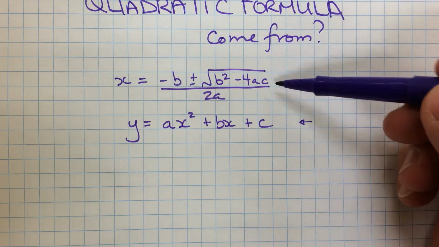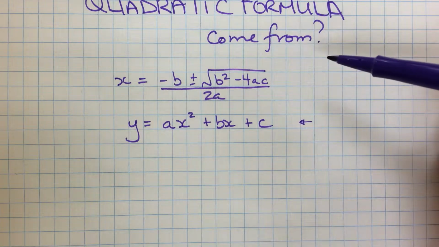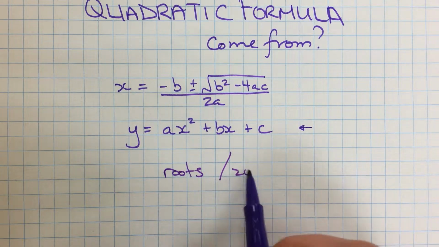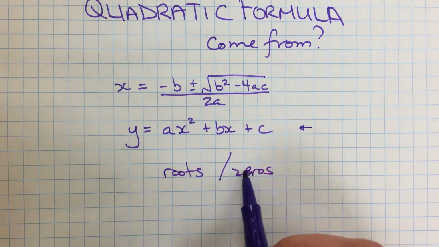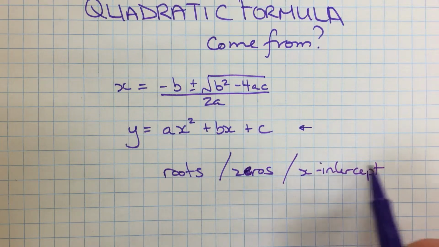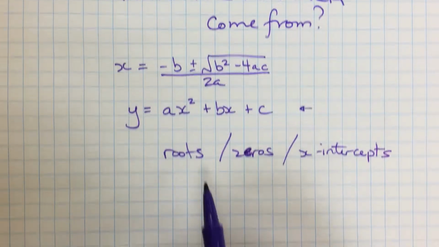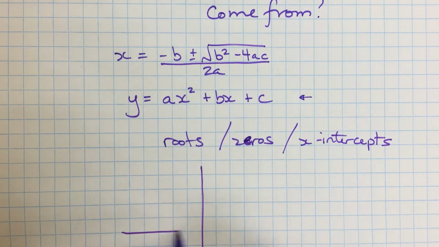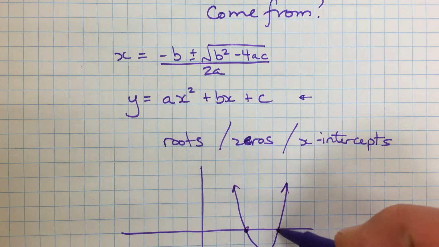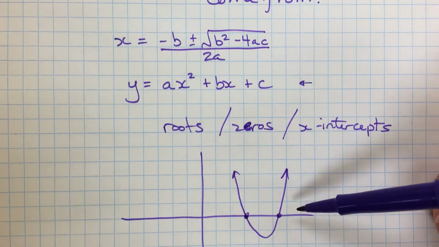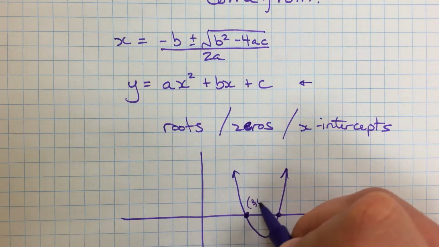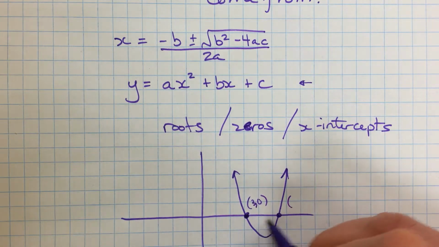we get this. But the quadratic formula is used when we want to find out the roots, or we sometimes call those the zeros, or the x-intercepts for a quadratic function. So on a graph, you might have something like this. The parabola goes through in a couple of places, and the quadratic formula is used to find out the x value of these two places. Maybe this one's like (3, 0), and this one is, well, on my graph it looks